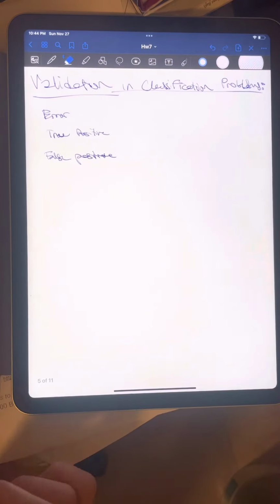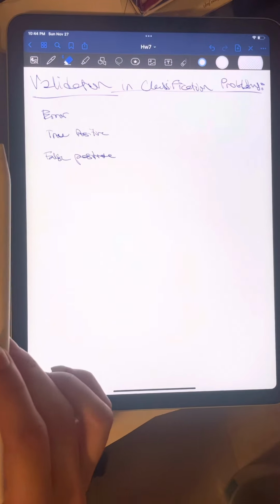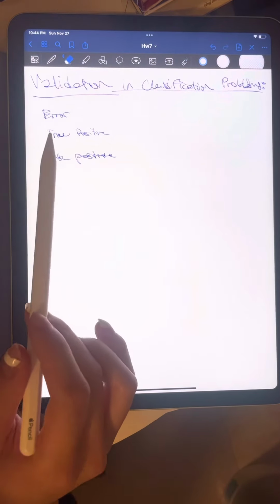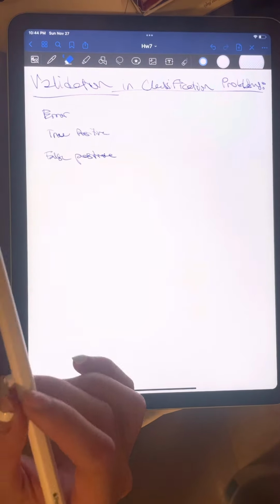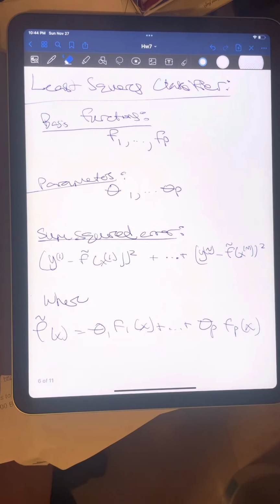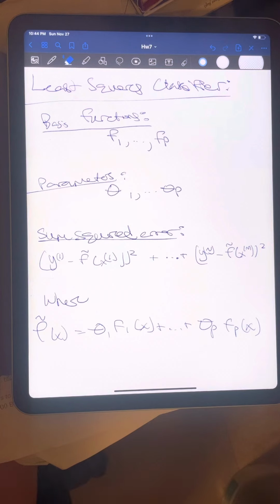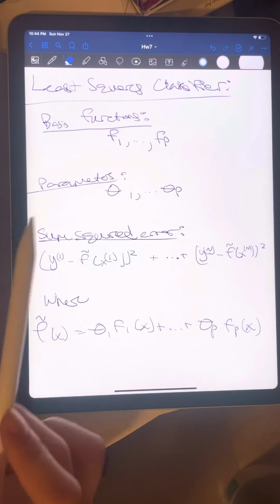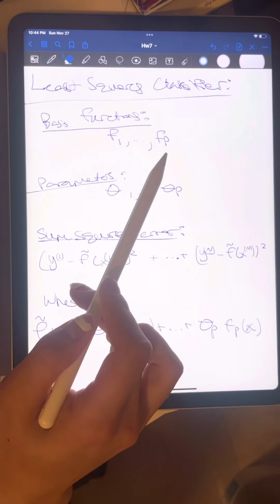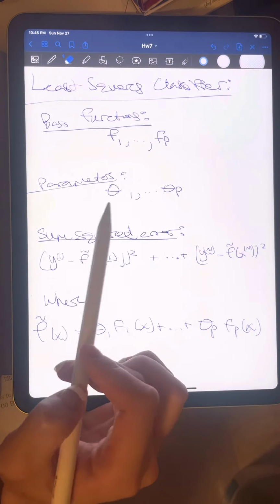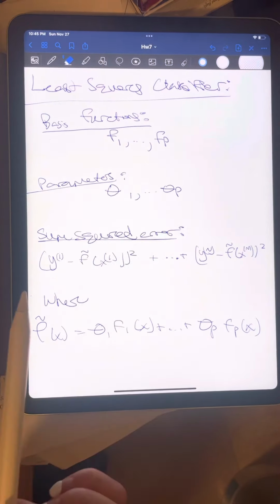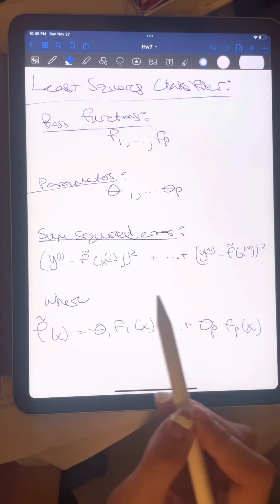In regards to validation and classification problems, we're only concerned usually with error, true positive, and false positive rates. For the least squares classifier, we first carry out real valued least squares fitting of the outcome, ignoring for the moment that the outcome y takes on only the values negative 1 and positive 1. We choose the basis functions f1 through fp, then choose the parameters theta 1 through theta p to minimize the sum squared error, as we can see here,